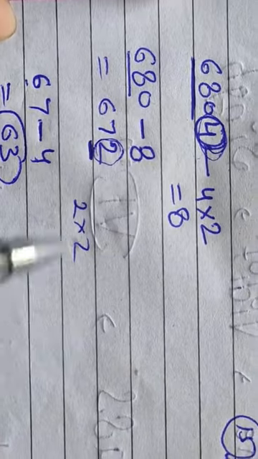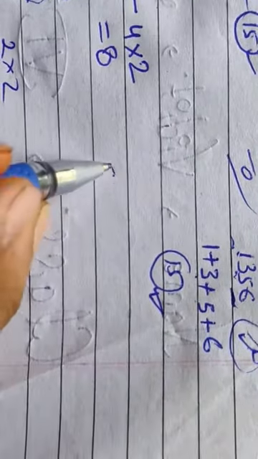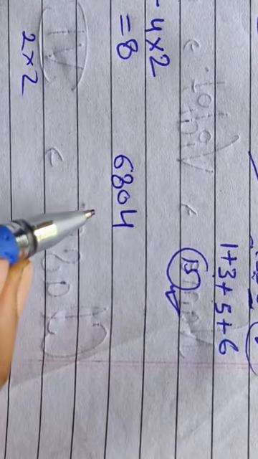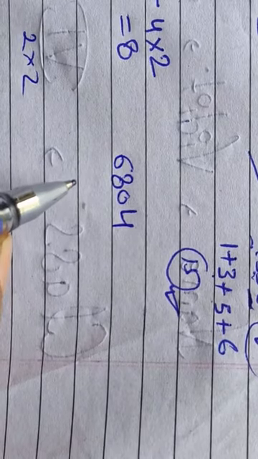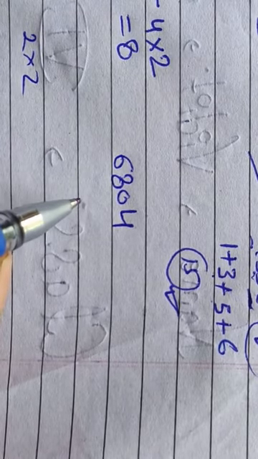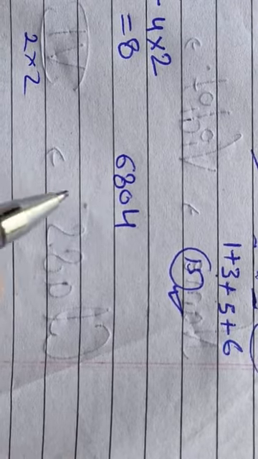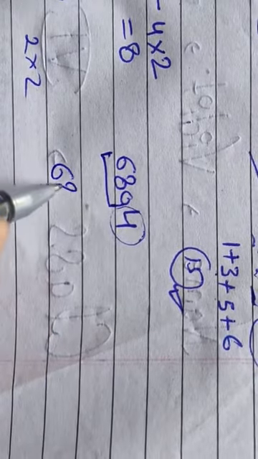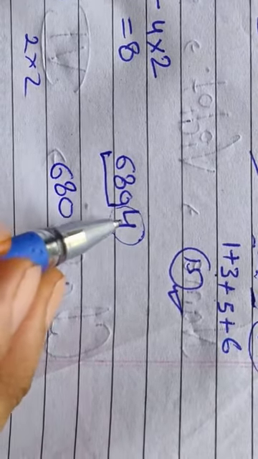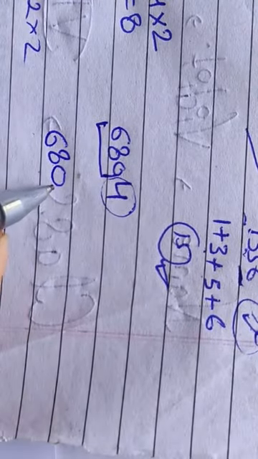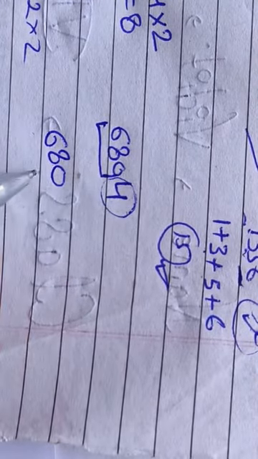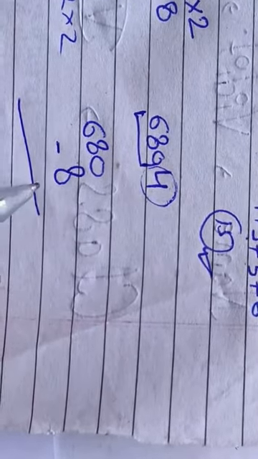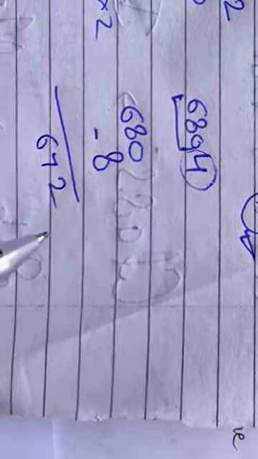See again, what is that divisibility test? First, suppose we have a number 6804. Now we will check whether this number is divisible by 7 or not. So how do you check? First we write the number remaining after removing the one's place digit. So after removing the one's place digit, the number is 680. Now we subtract 2 times the one's place digit from the remaining number. 2 times 4 is 8. So now we subtract 8 from the remaining number. It is equal to 672.